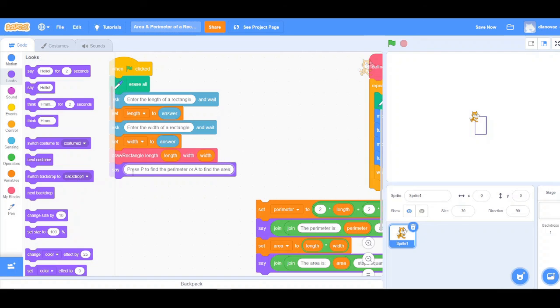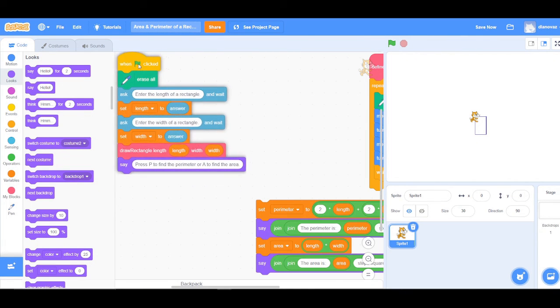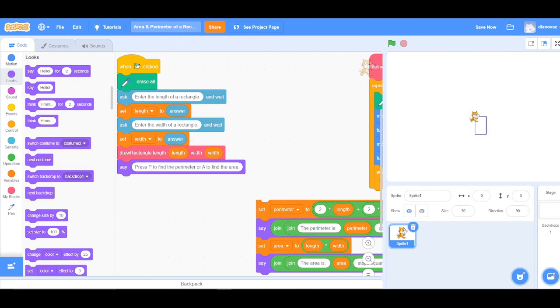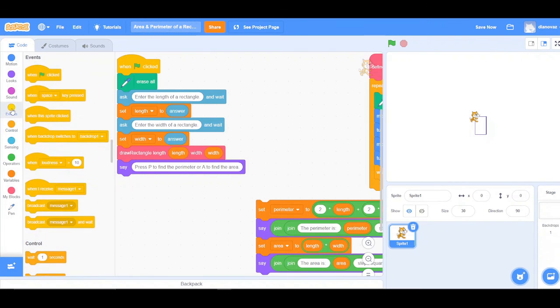And we could go about this the same way that we received the length and the width. So we could get the answer. We could have used an ask block and then taken the answer and decided if it's P, do the perimeter, if it's A, do the area. That's fine too. Or we can go under the events blocks, and there's a block here that says